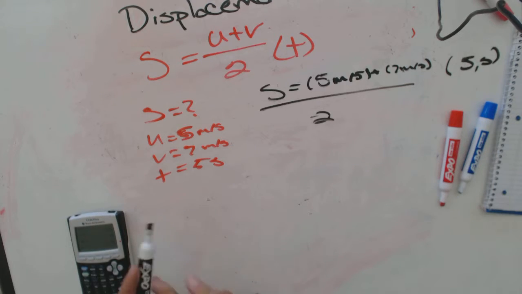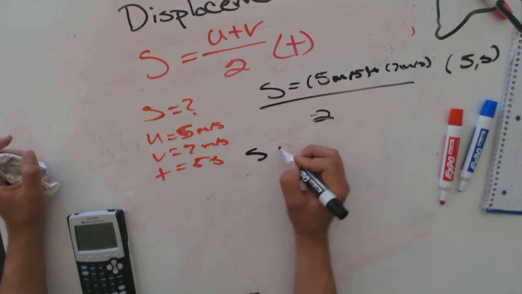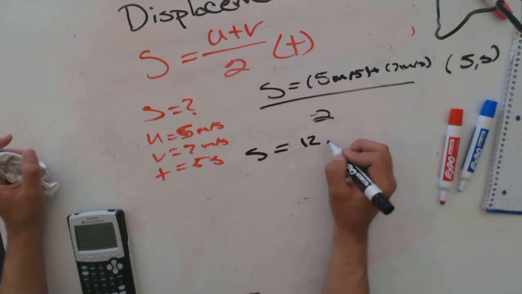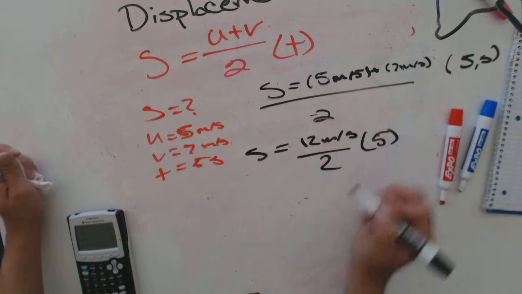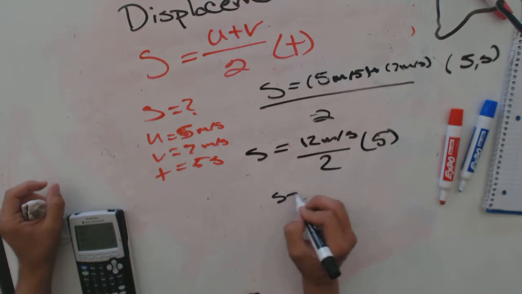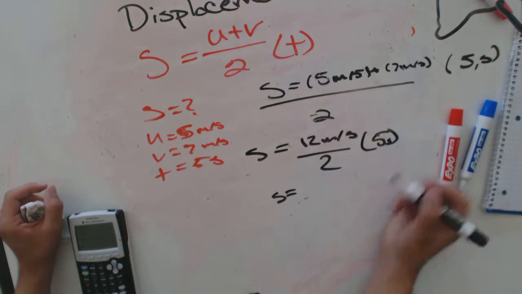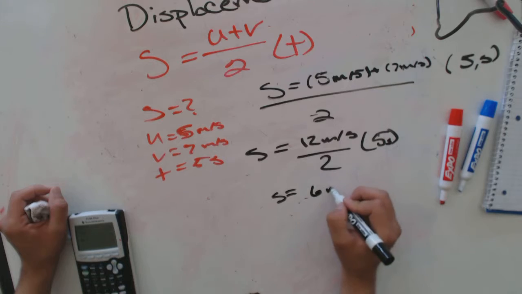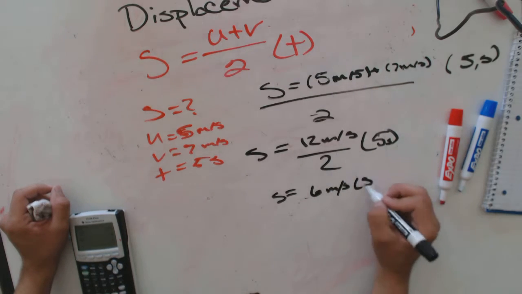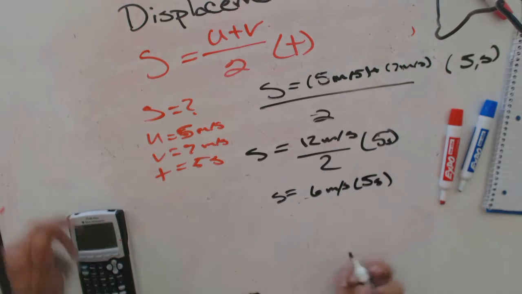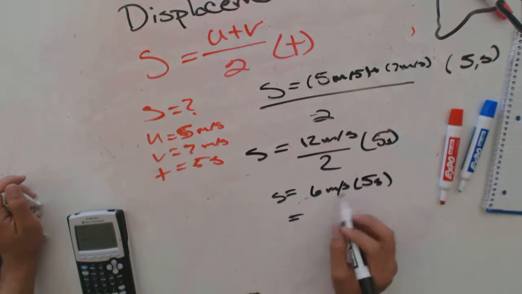Let's clear things up a bit. Displacement equals 12 meters per second divided by 2, multiplied by 5. So it's simple. Displacement equals 6 meters per second times 5 seconds. That would give us displacement equals